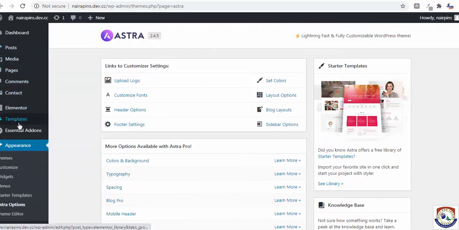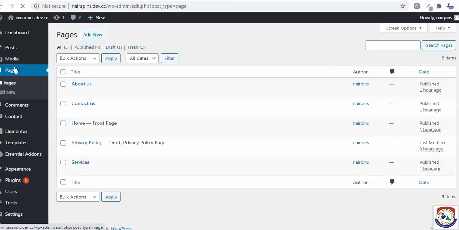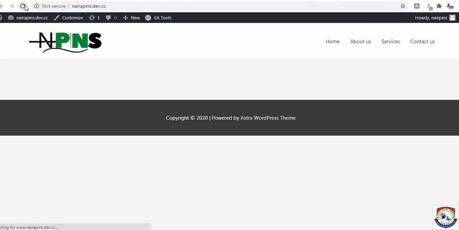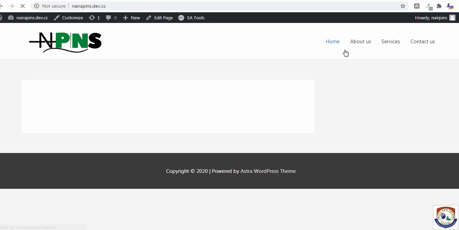Now, what we need to do is we go to our pages. Now, we want to start designing. Okay, we go to our pages. And can you see this home page has changed to what, front page? If you refresh this now, once you refresh this, can you see when you click on home?